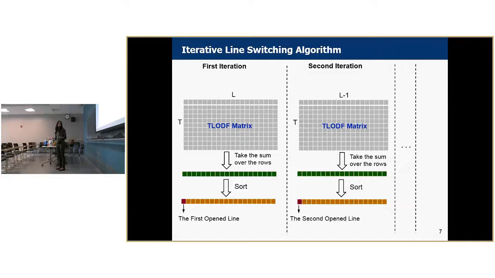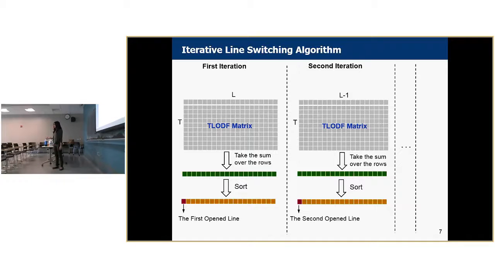So once you have the TLODF matrix, we use an iterative algorithm to select the lines that we want to open. In the first iteration, we start with the TLODF matrix. We take the sum over the rows of the matrix to give us the total reduction that you get over all the transformers. Then you sort this sum, and the first line in the sorted list will be the